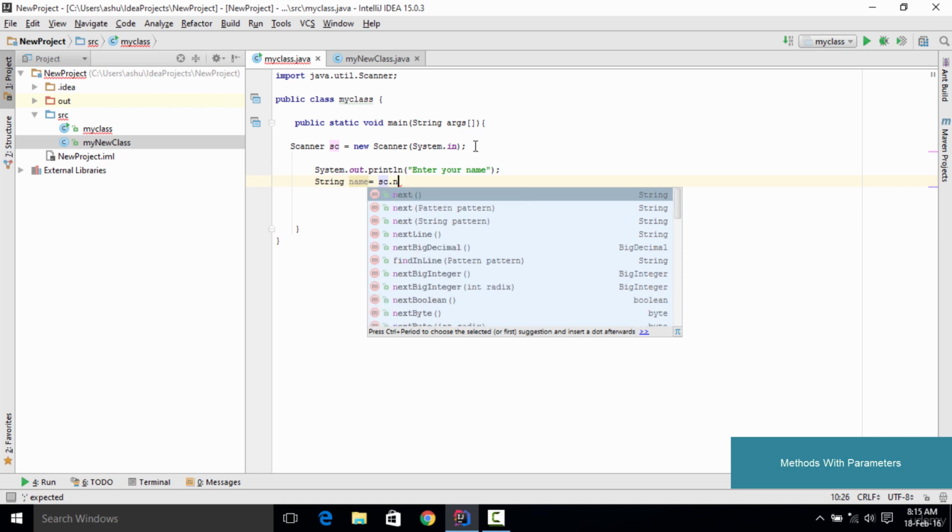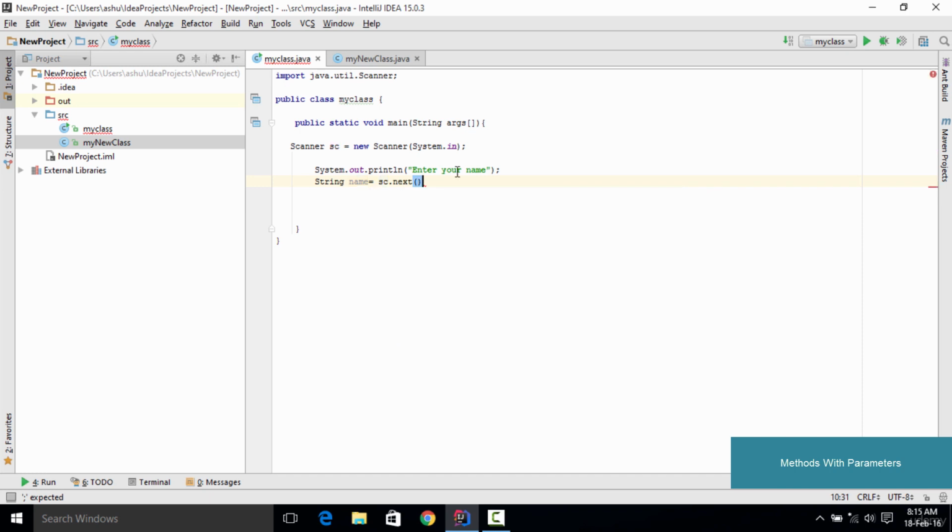To accept integer values we specified the scanner object name dot nextInt, because it was for accepting integers. But next is basically used in order to accept a string. So sc.next is going to accept the name from the user and store it into the string variable.